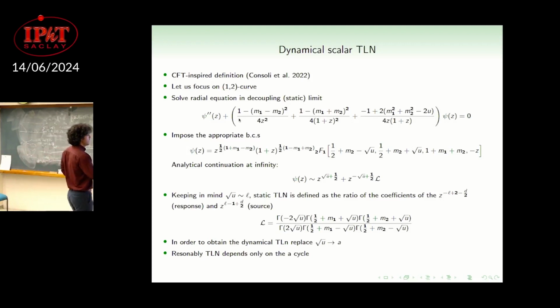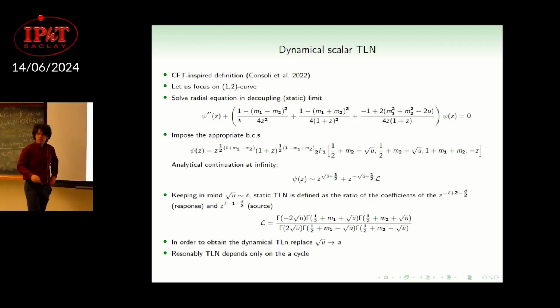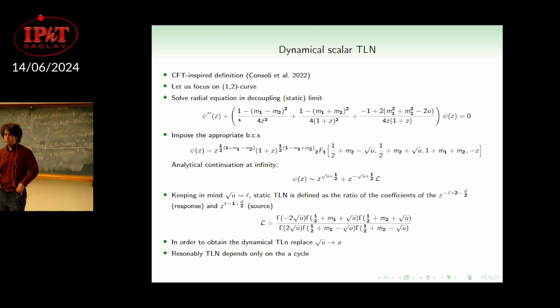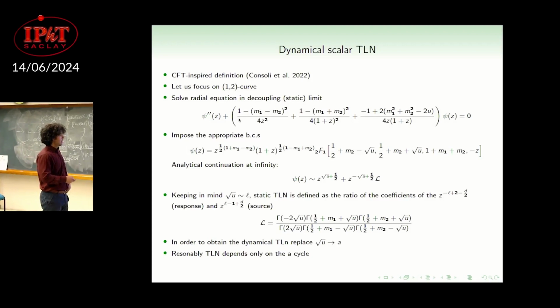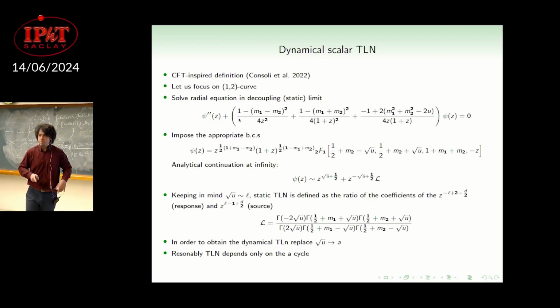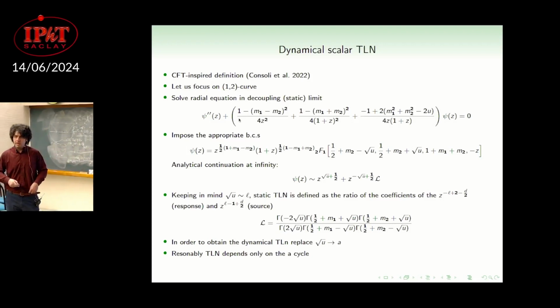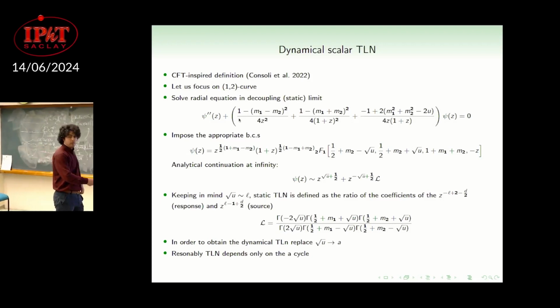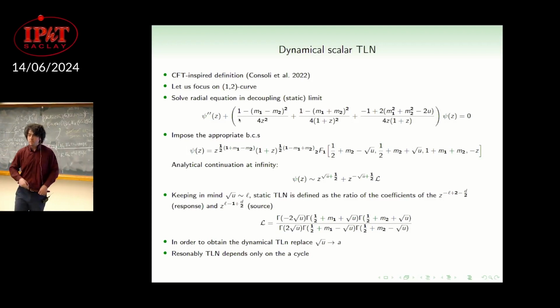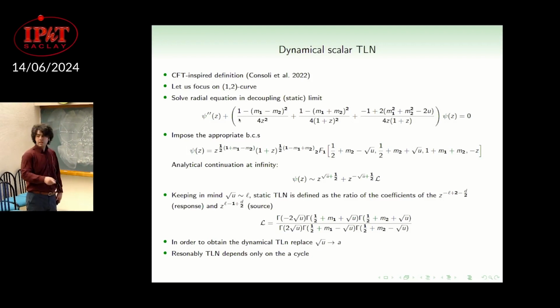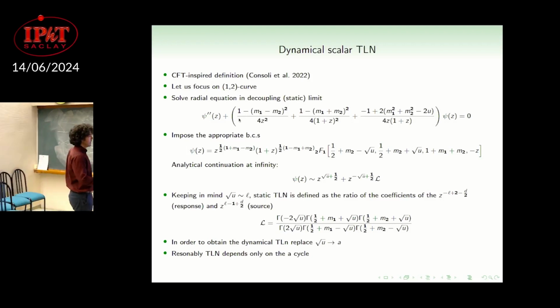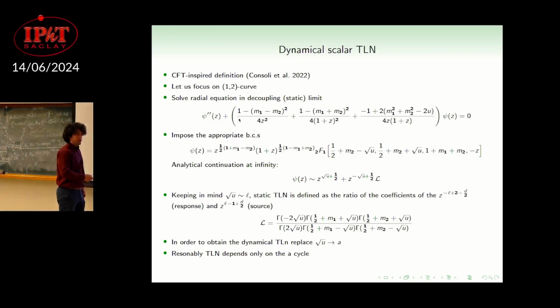Francisco showed how to compute the love function with the branching rules and fusion rules, but for me it's too difficult. I am very basic. These are only a sort of matching asymptotic expansion considerations. Now this is the static love number, and in order to introduce the dependence on omega, you replace square root of u with the A cycle, with all the instantonic corrections that you are able to compute with your computer. In this way you introduce the dependence on omega.